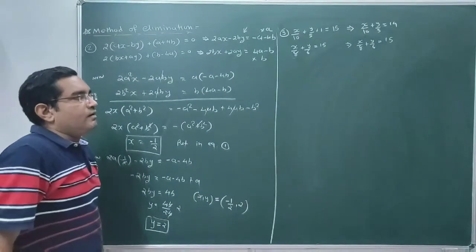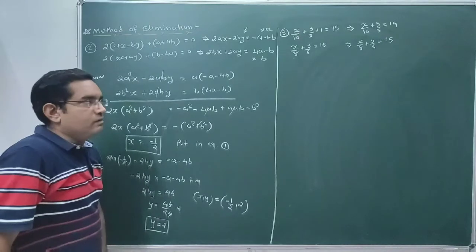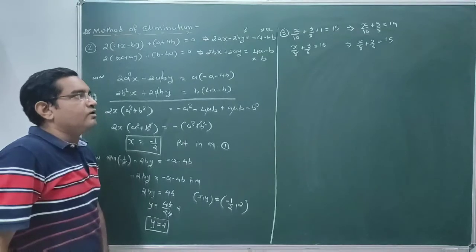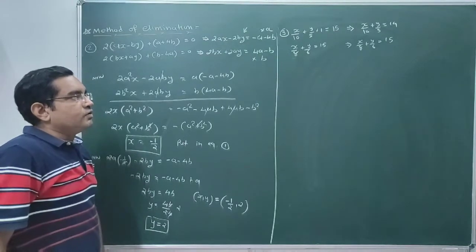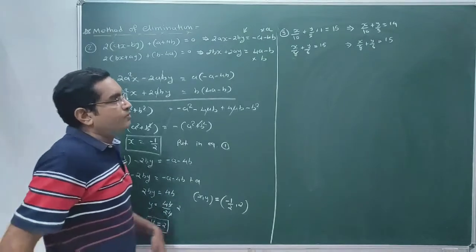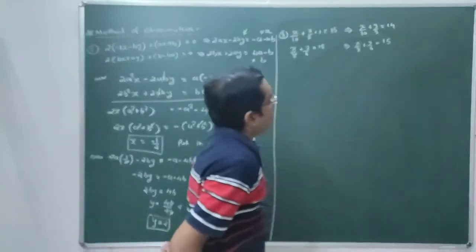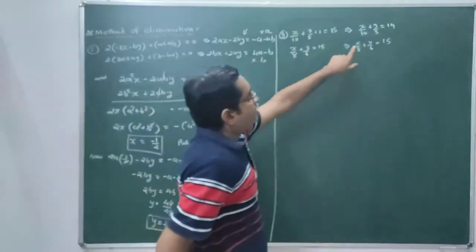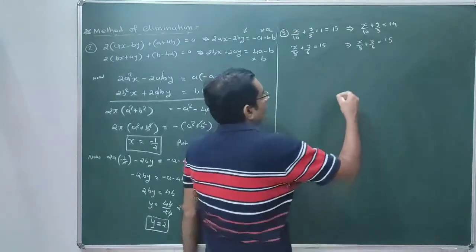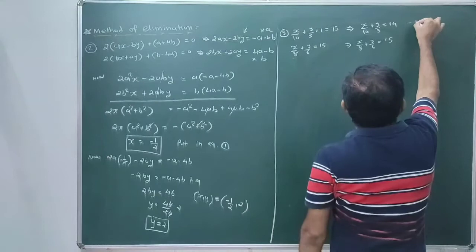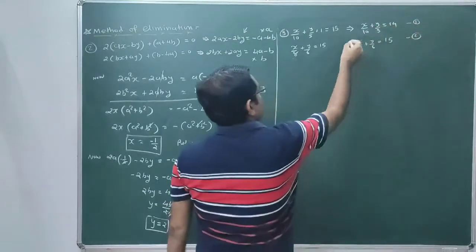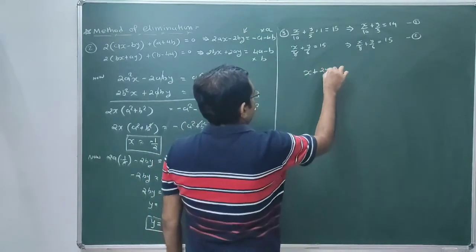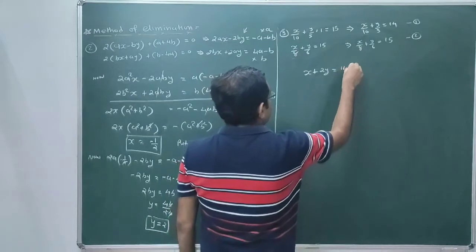Numerical coefficients are in the denominator of the given variables, so it will be very difficult for us to eliminate. Mentally we feel, how do we do this? So for this type of question, you have to take the LCM of these denominators. Suppose here in the denominator 10 and 5 are there, so LCM is 10. So multiply the equation on both sides by 10. So we can convert our equation 1 and equation 2. Multiply equation 1 on both sides by 10. So it will be x plus 2y equal to 140.